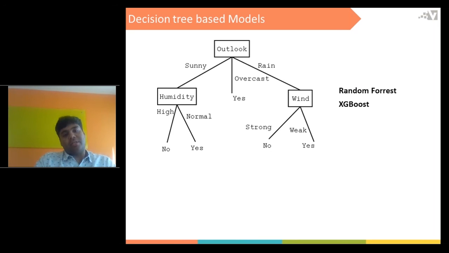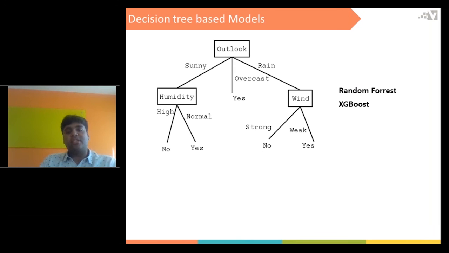Basically it trains a decision tree in which each node is a variable, and based on the values of that particular variable, it splits the node, and the leaf of the tree has the probability, in our case yes or no. Random forest and XGBoost are variants of the decision tree.